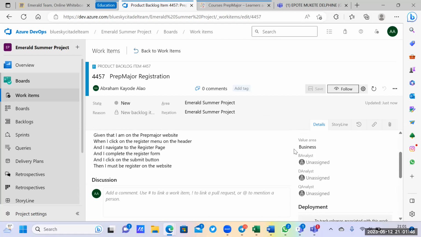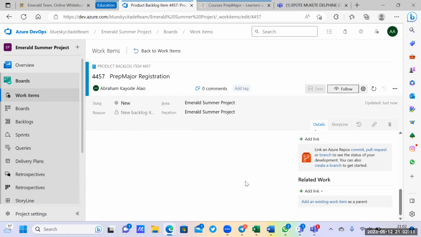You can click on the 3 dots and you see the test option. Then you can start writing your test cases. If you're using your personal account, it might be a little difficult to write test cases, so the only way you can do it is to come from the work item here. Now, if you scroll down on the board,